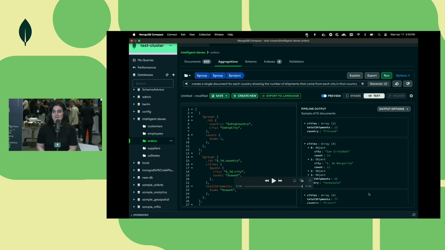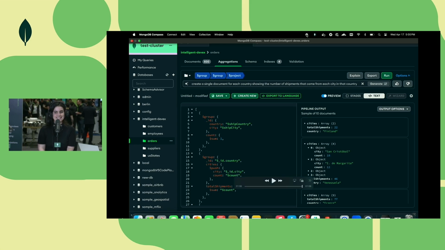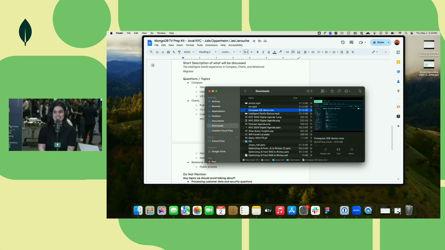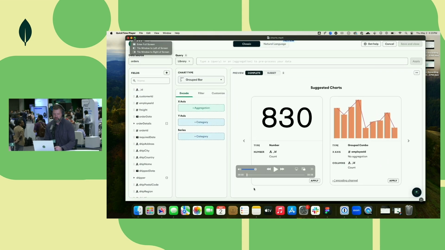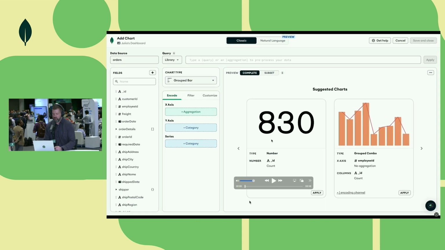So feeling pretty good, but yes, still check your work. Yes. So AI is a little unpredictable. Right. It can still hallucinate a little bit, although we've tried our best to keep it from doing that. Yeah. And then from there, we can take a look at charts, which is another tool that has some AI